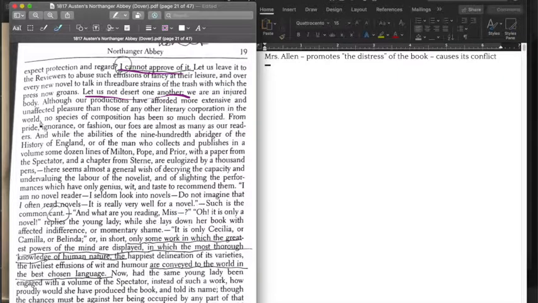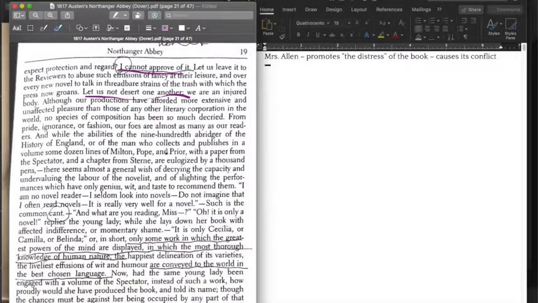She's like, our books give people more pleasure than any other kind of book. "No species of composition has been so much decried." She's like, any other book genre has not been abused as much as the novel, and this is ridiculous, and we need to stick together. Okay, so this is a really good passage because the author is speaking to us, defending novel writing. It's cool. Thank you, Miss Austen. I appreciate that because I love novels.